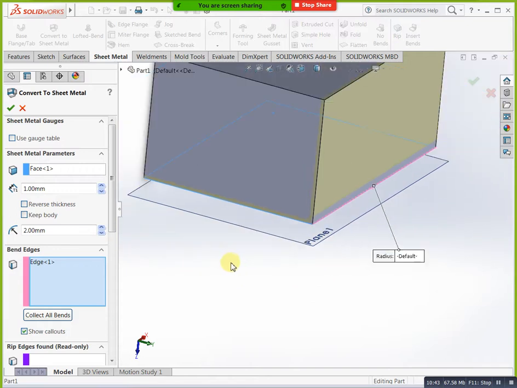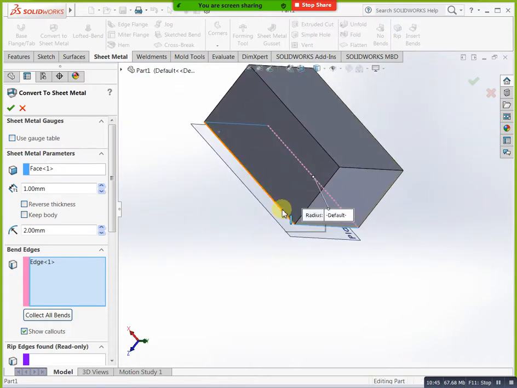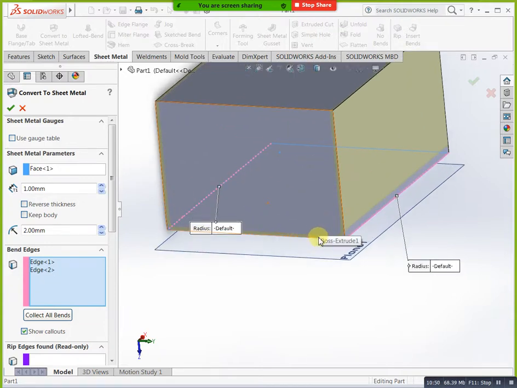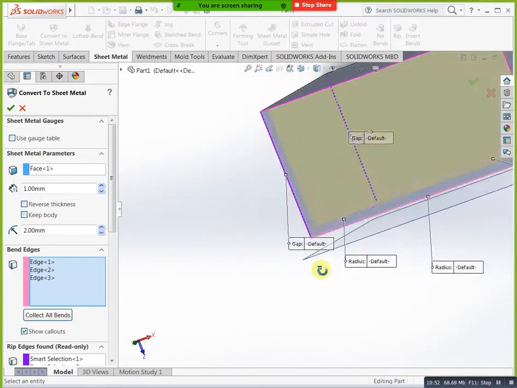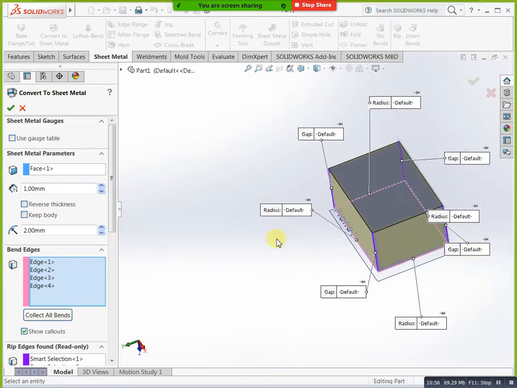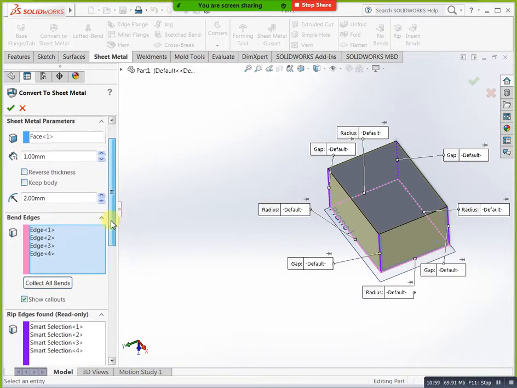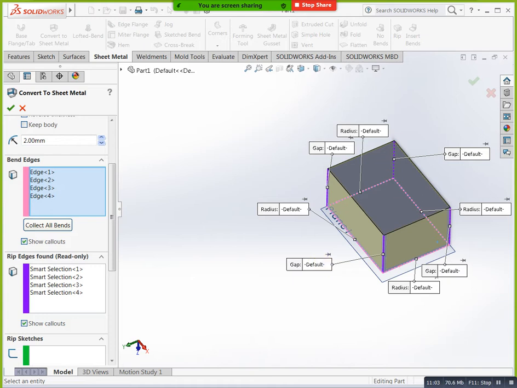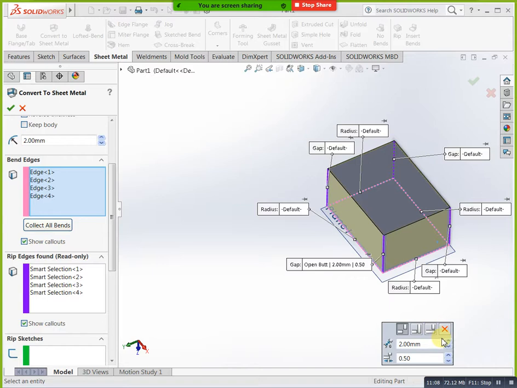Next, show callouts and show default gaps. For example, here we have gap 2 to 0.5 is there. If you need this gap, you can mention which type. You need this type, open butt type and overlap type and underlap type. If you need open butt type, you can mention, means both sides you are getting free, means here you need to do weld at this corner condition. Okay, this condition you need to do straight weld. Okay, this condition you need to do side weld. Okay, this one is open butt type, this one is underlap and overlap.